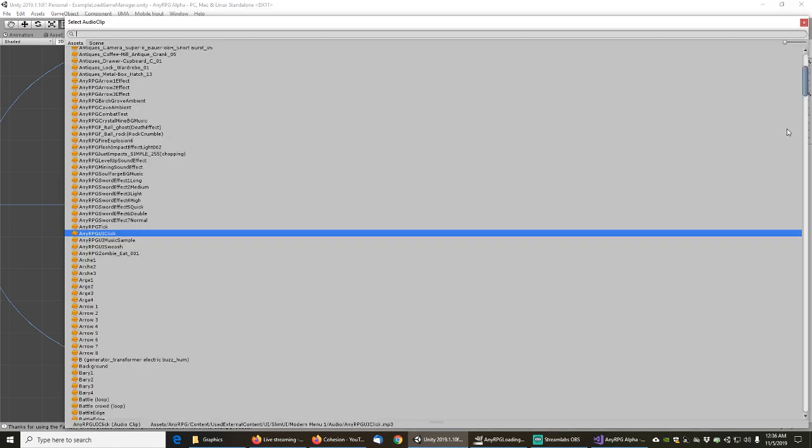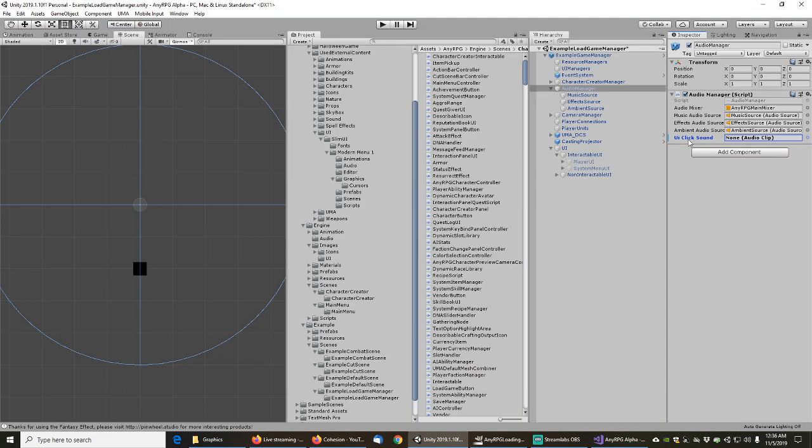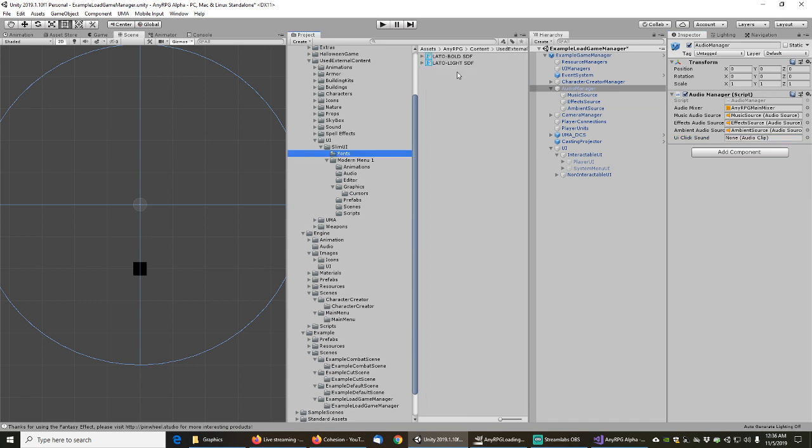And the UI click sound, we're just going to set that to none because that came from a third-party asset. Apply that to the game manager. And then these two fonts here,